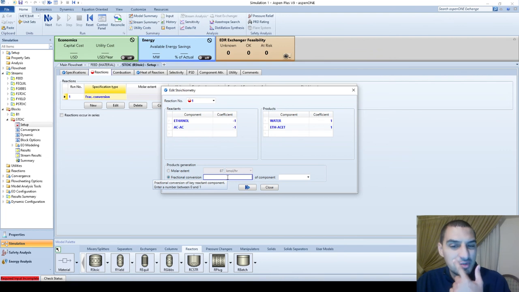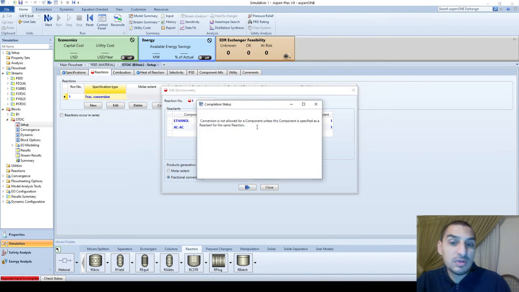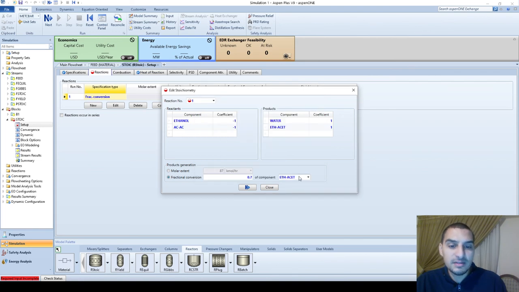So if it's 70%, you have to put it as 0.7. You can define any component. If I put ethyl acetate, it's going to give an error, because ethyl acetate is a product, and this is what it tells me, that you have to put a reactant. So for the reactant, I can put ethanol or acetic acid,